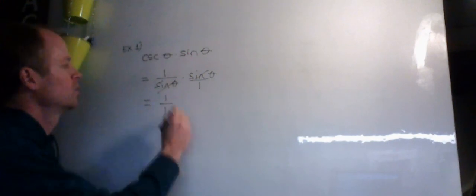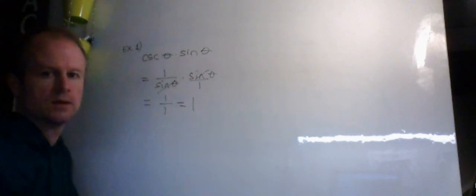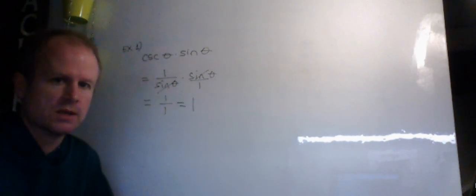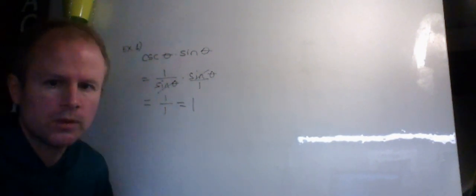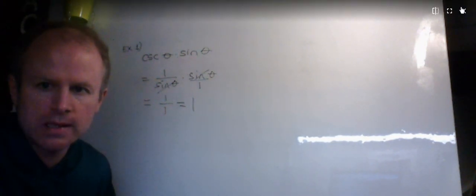Remember, we go top times top, bottom times bottom. 1 over 1 is the same as 1. So that first expression simplifies to 1. All right, if we go on to example number 2,